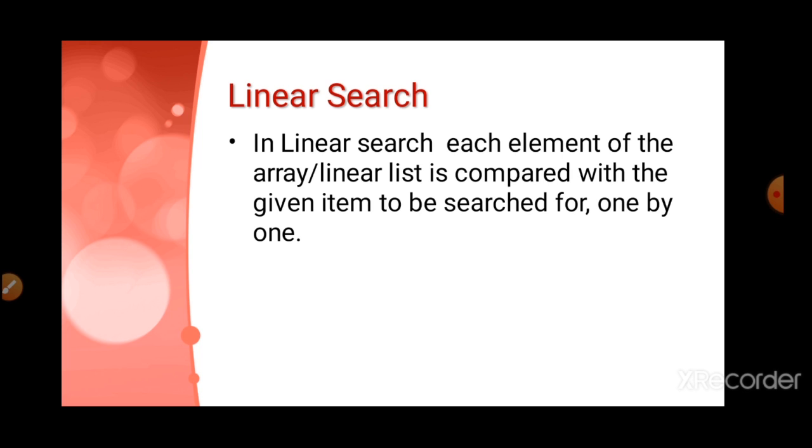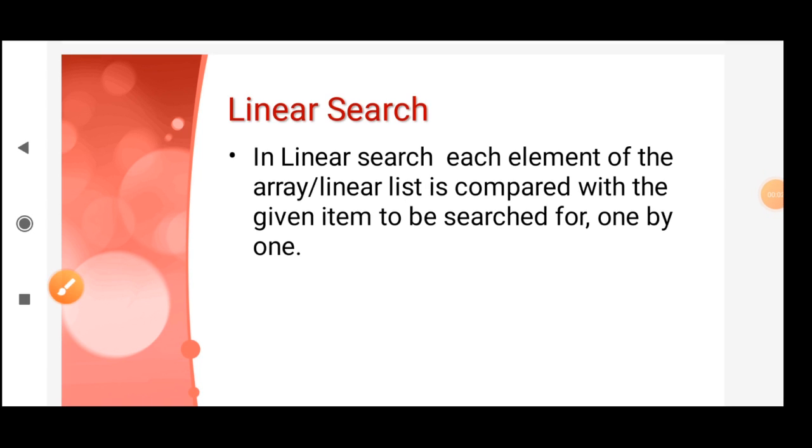compare this with any given item, or we are asked to find whether this particular item is in the list or not, what we will do is start comparing with the first item, then second, then third, then fourth, then fifth, then sixth, and so on until we reach the end of the list, or we find the item. So these two things can happen when we are searching for any item in the list.